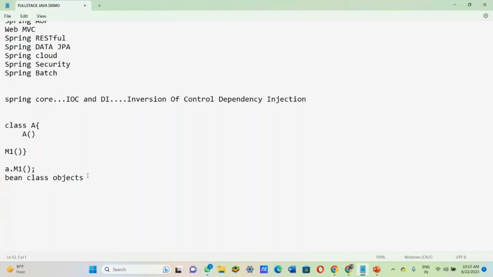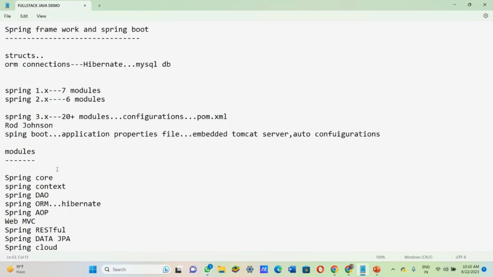Almost thousands of lines reduce to 10 lines. That much difference. Every time you create an object, you have to write the class name A and the object name equal to new, for every function, whenever you create every object. This is a simple class. We have so many classes, subclasses, and interfaces in our application. Creating them every time is impossible for the developer. So now Spring just avoids those headaches